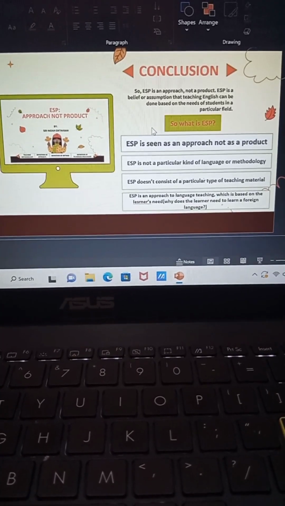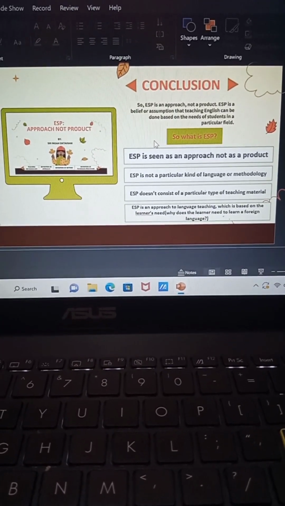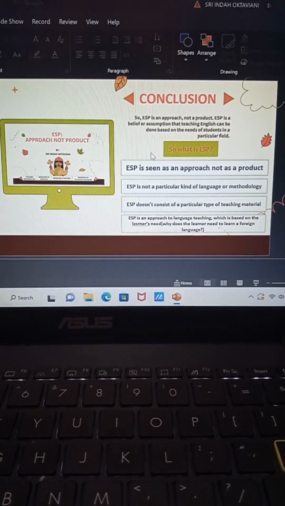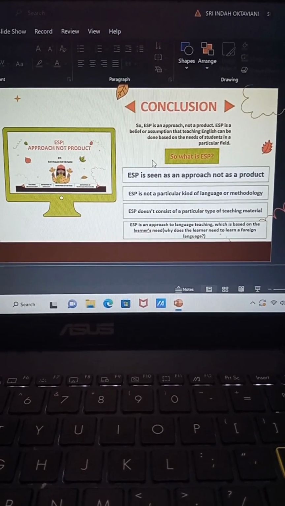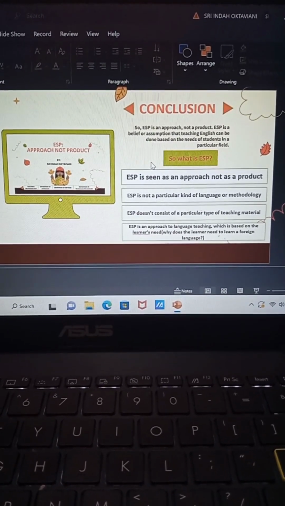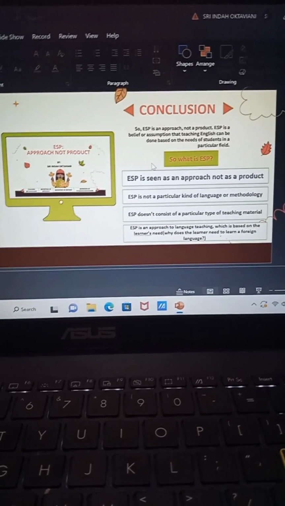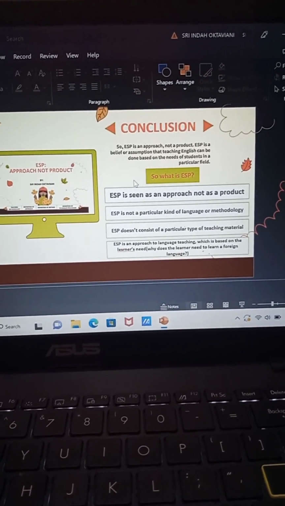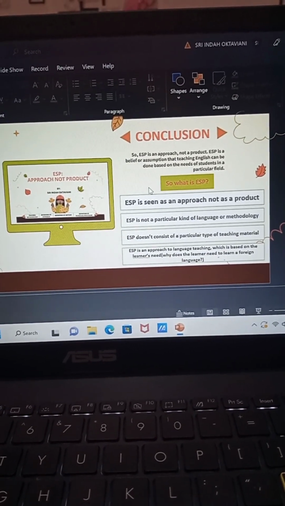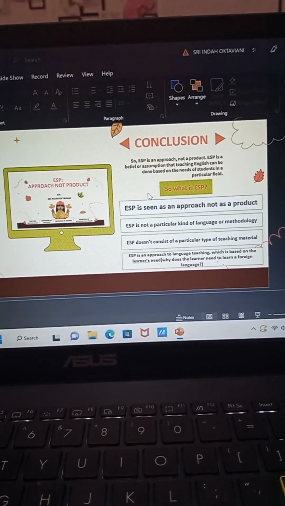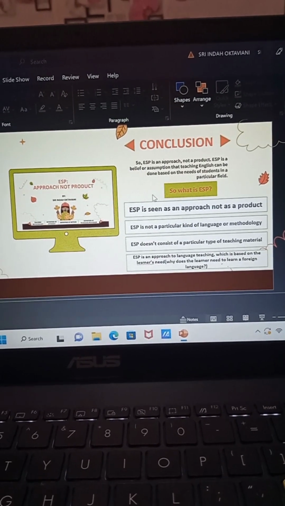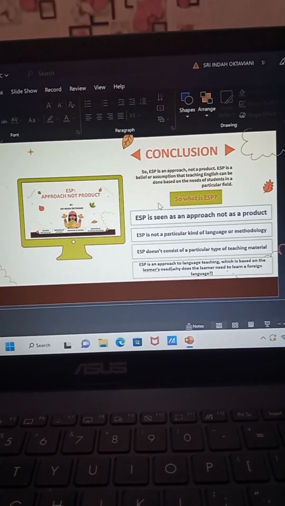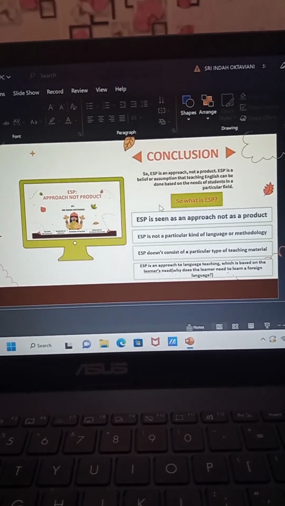And ESP is not general English. ESP is part of English as a foreign language. ESP is an English language centered approach. ESP is teaching based on the learner's needs. ESP covers communication and learning. ESP is not a method of teaching specialist varieties of English. ESP is not just a method of science words and grammar for sciences.